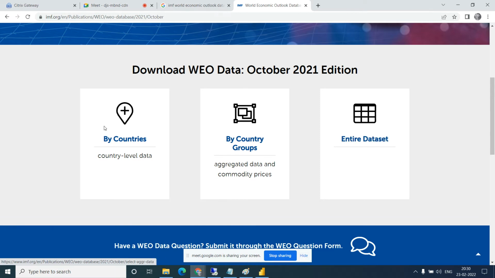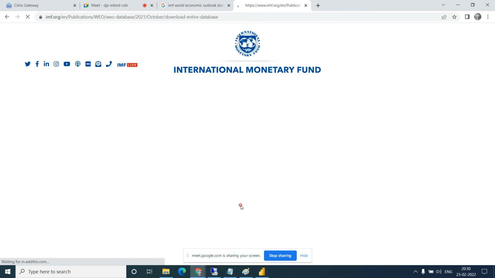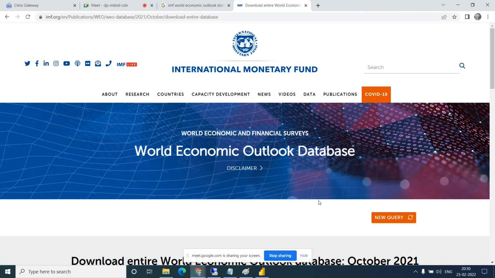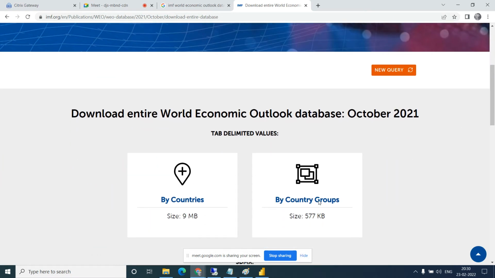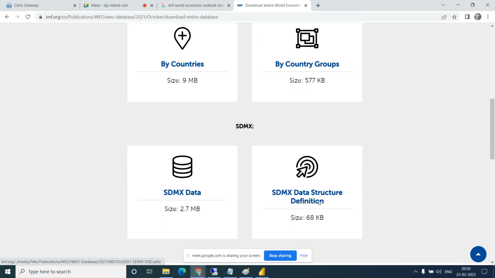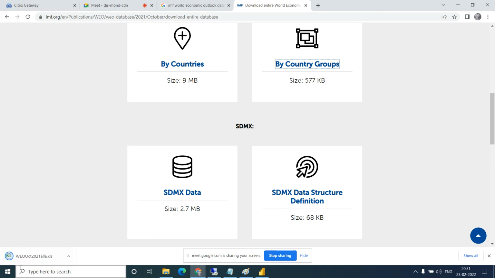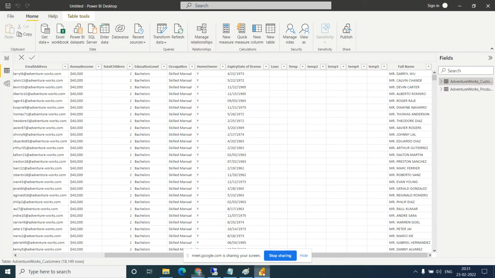There is an option if you want country level data or the entire data. So I will click on the entire data. Okay, so I have this data available. Let's try to connect with this data, WEO October 2011.